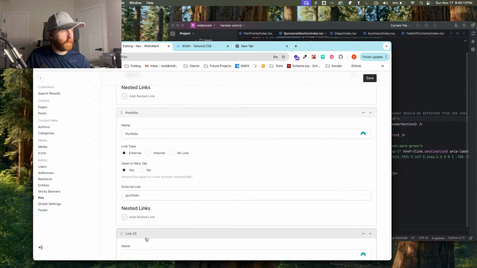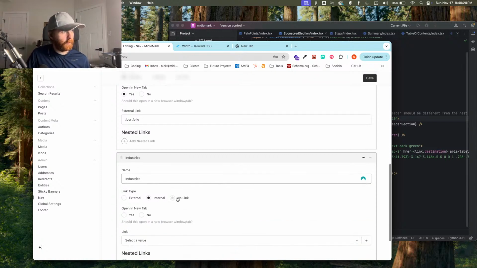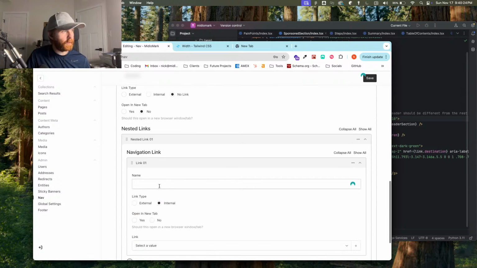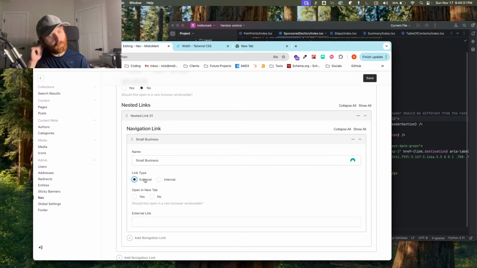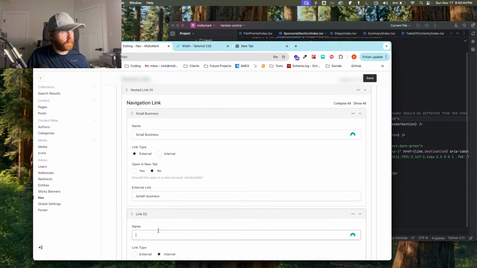Then we'll say industries, which will be no link, so it won't open a new tab, but it'll have nested links. So these links will have, we'll say, small business. And we're going to do external links for these, just because the internal link is going to be hard to do without more internal pages. So we'll do small business, we'll do real estate,